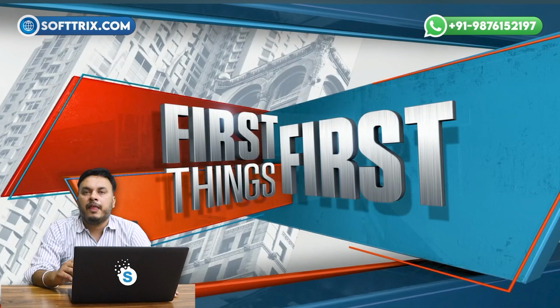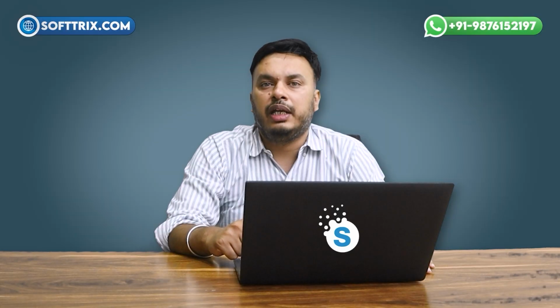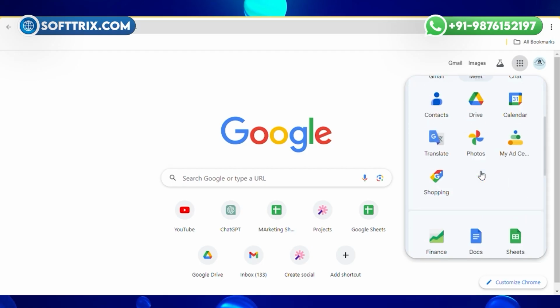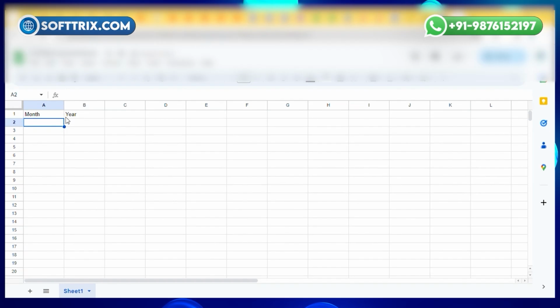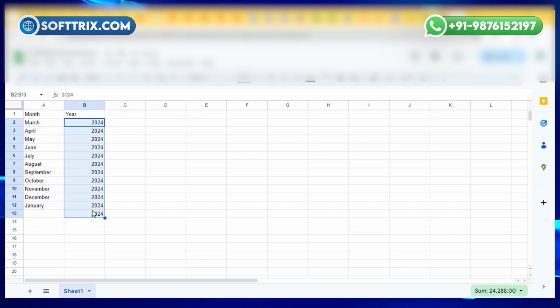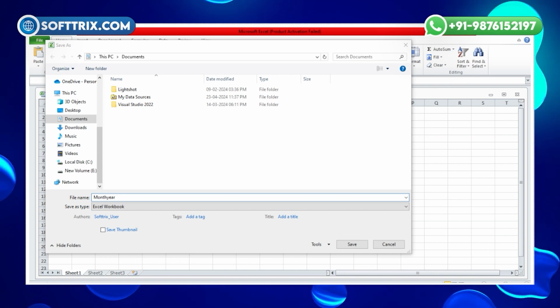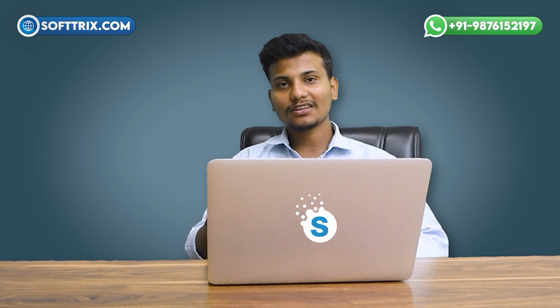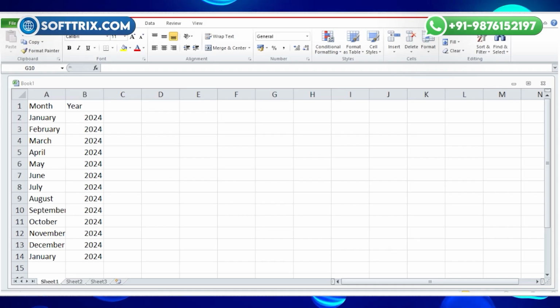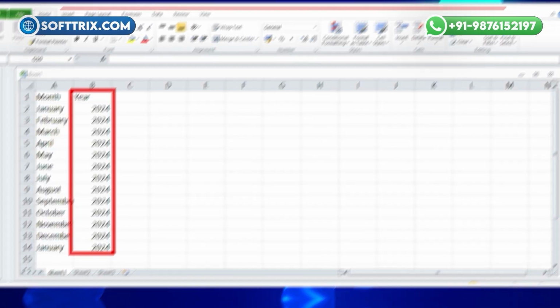Alright Karthik, first things first, we need to create what's called a data feed. Open a spreadsheet program like Google Sheets or Microsoft Excel. Create a column titled month year and enter values like April 2024 or May 2024 and so on for each month and year combination. Save the spreadsheet once you have filled in the relevant months and years. Got it, sir. So just a simple spreadsheet with a column for the month and year values.